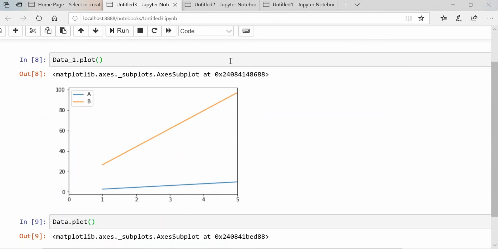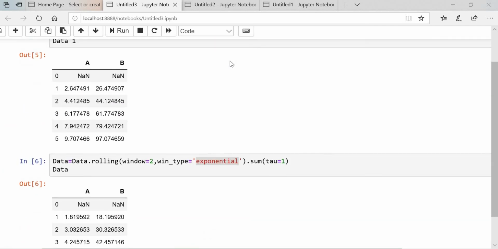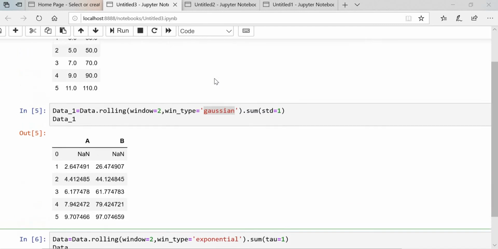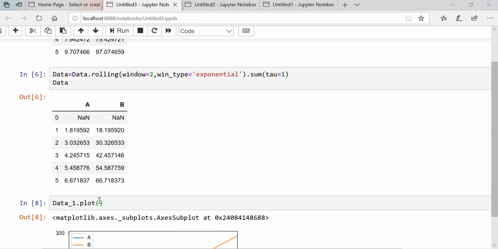But if you have millions of data points and you want to do the analysis with rolling windows, that is a better way to analyze and see the difference between the window types. In the data set we have put 1, 2, 3, 4, 5 till 6, and here as well we have put random points. So if you have data, in that case you can analyze with this win type. Hope this will make sense, guys.